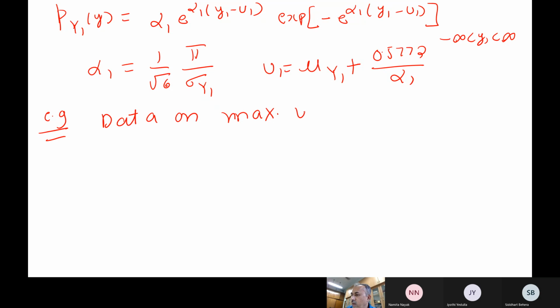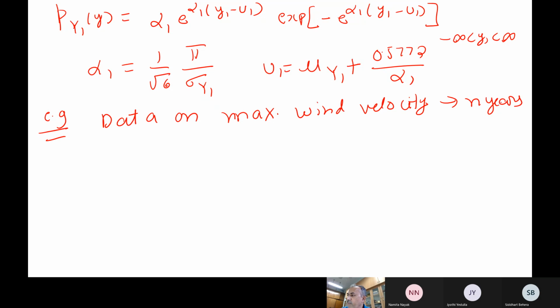Okay, maximum wind velocity. So this data we have. For example, in a month you observe the wind values daily. Now you take the maximum value of the wind in that particular month itself. So you are already calculating on the maximum velocities. So we have compiled for n years.